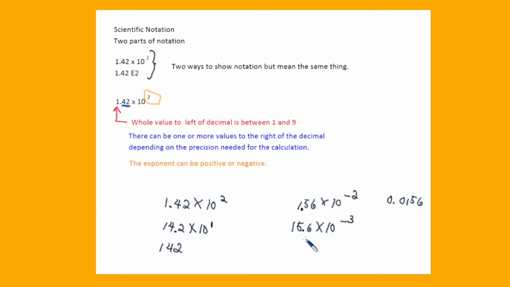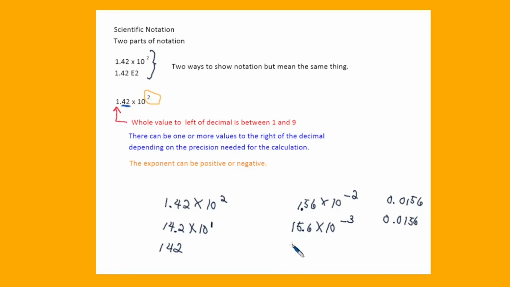Here, if I'm going to move that 3 decimal places, it's going to give me 0.0156. And of course, if we wanted to just work without the scientific notation, if that would be more advantageous,